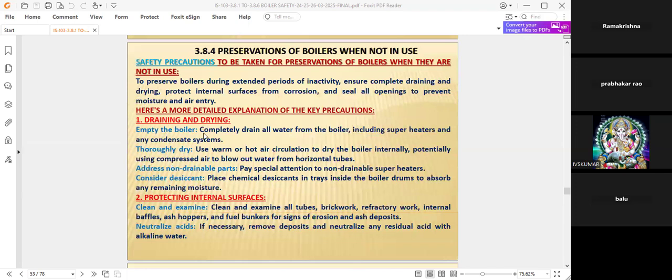Here, draining and drying is very important. Once you decide to keep the boiler in preservation for a long time, due to various reasons of the organization, first of all we have to slow down the firing and slowly cut out all the fuel sources. Once the boiler is shut, the internal water must be drained slowly, one by one, and drying must take place. In this draining and drying